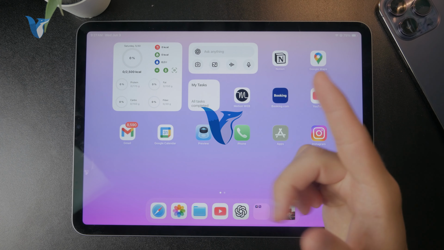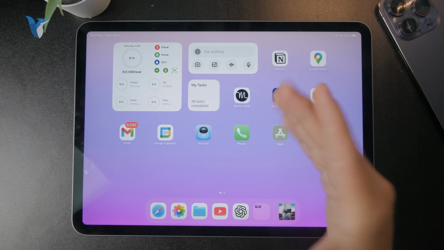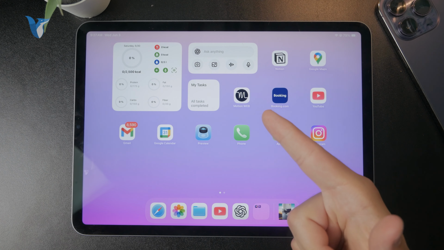Now here is how we can log out from WhatsApp on the iPad, and if you're new here on Foxtecc,